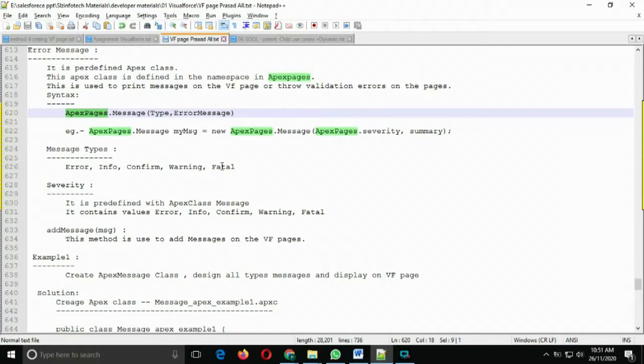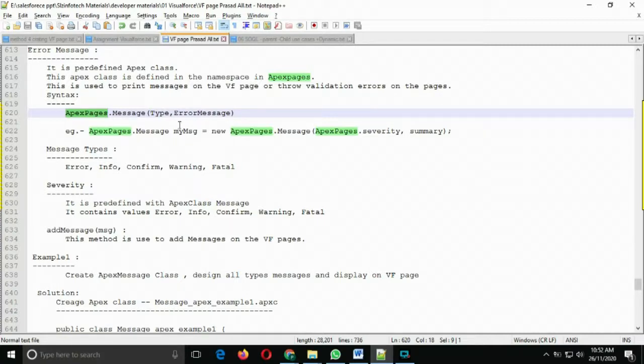Error, if you have any error in the page, should display the kind of error. Info, this is the info message we want to display to the user screen. Confirm means we don't have any error, so this is the confirm message. Warning and fatal error.